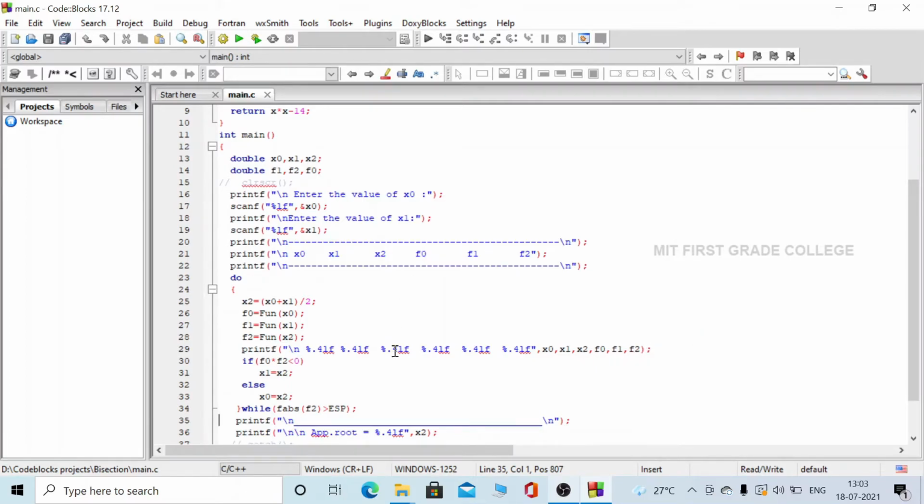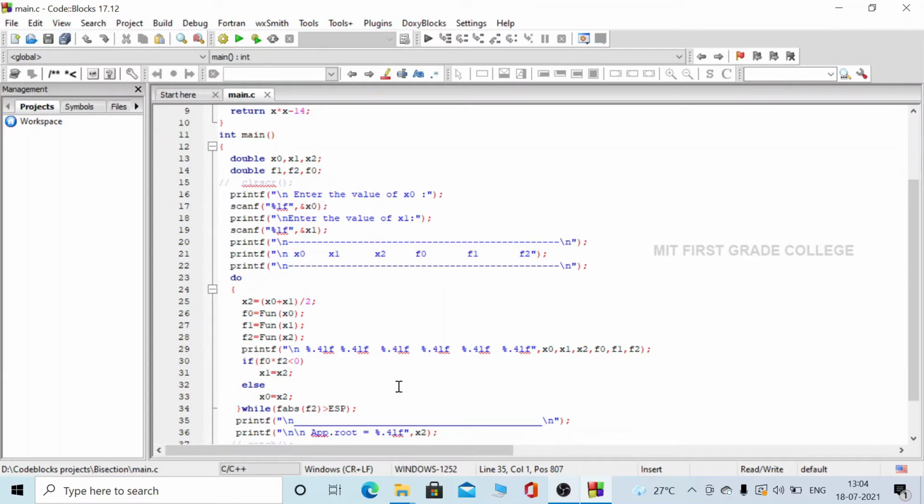After this we have to move on to the next iteration. To move on to the next iteration, we have a condition to check. Here we are using an if else statement to check whether f of x is less than 0 or greater than 0. So we are checking if f0 into f2 is less than 0, then x2 is taken as x1, else x2 is taken as x0.